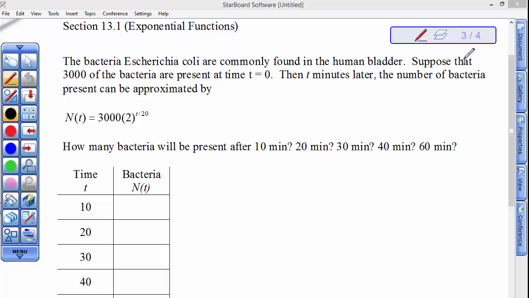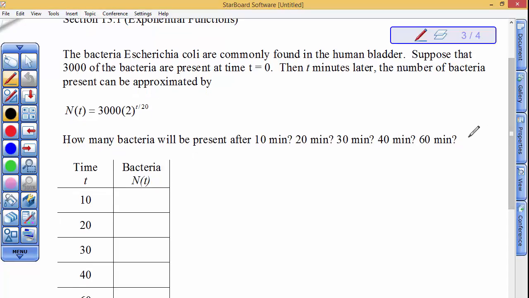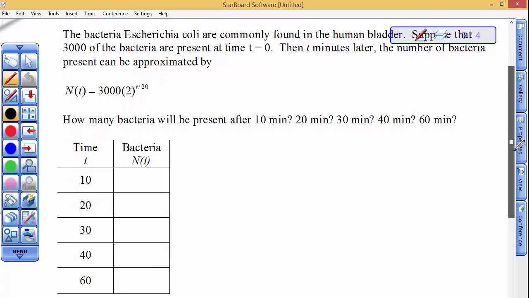And suppose that in their study, 3,000 of the bacteria are present at the beginning of the study. That's when time is 0. That's where this 3,000 comes from. Then, t minutes later, the number of bacteria that are present can be approximated by this equation. T minutes later. So 10 minutes, 20 minutes, 30 minutes, 40 minutes, 60 minutes, the bacteria are growing in the